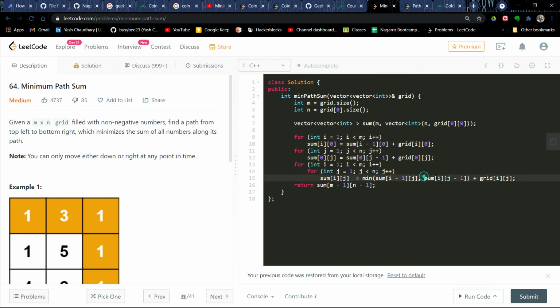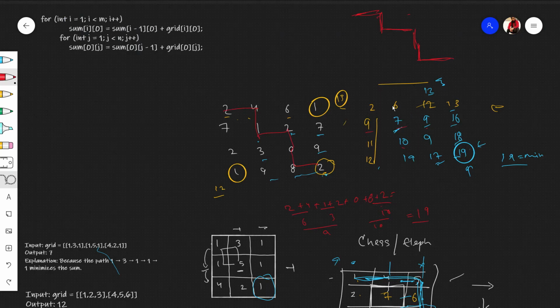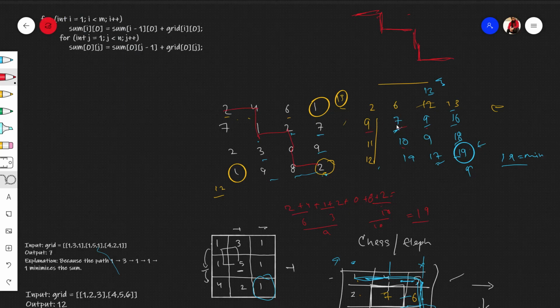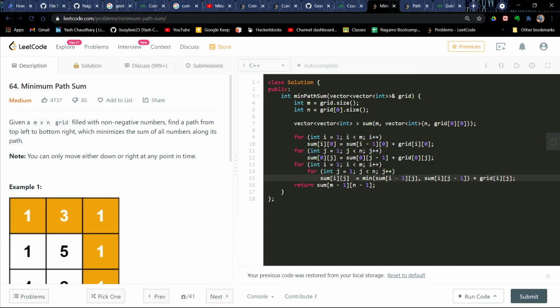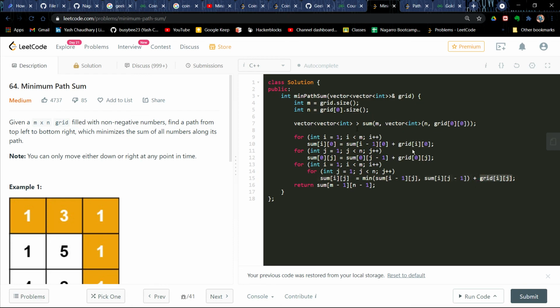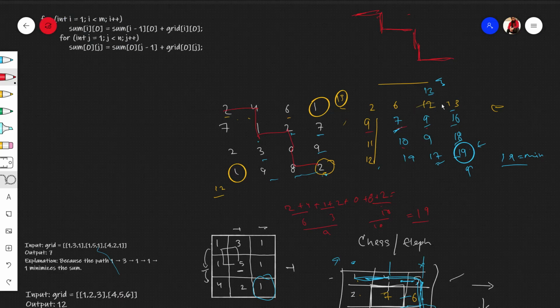6 and token. We are finding the minimum of 6 and 9 here. This thing is 6 and this thing is 9, because j minus 1 shifts you left. Left is 9 and upper one is 6. So the minimum of 9 and 6 is 6. So we'll take 6 and add the token, which is equal to 1. So 6 plus 1 will be equal to 7. So that's how we'll fill our DP, basically this matrix.